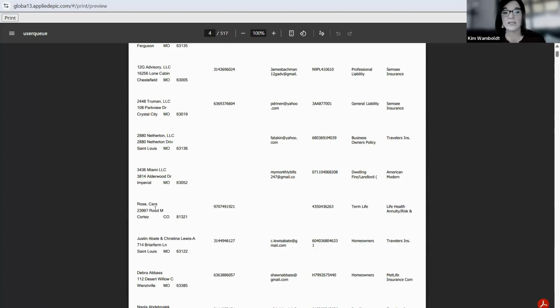Okay, so to clean this up, I'm going to go get the account. You can either do it by policy number or by name, however you generally like to look your stuff up in Epic. And so in that case, what I'm going to do